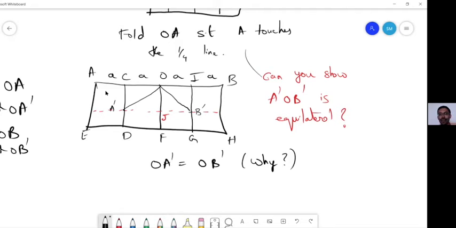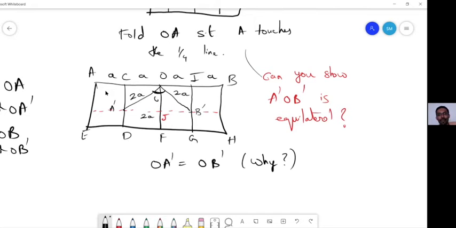Now, what is the length of OA dash in terms of A? It is 2A. OB dash is also 2A, and this is also 2A. A plus A, that is 2A. Is it clear, Megha? A dash J plus JB dash is A plus A, that is 2A. So now we have got independently that this is 60 degrees, right?